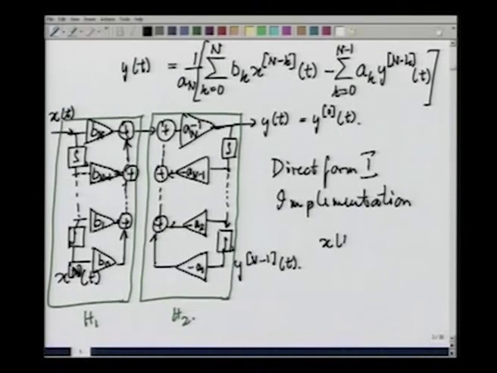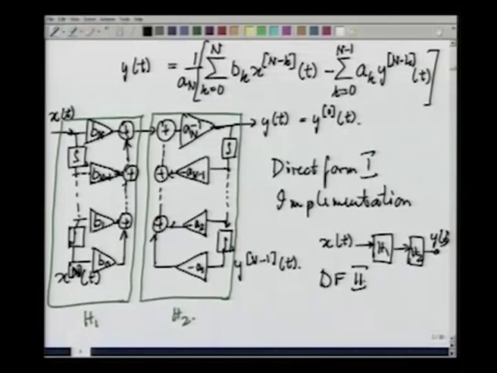x t going into H1, this going into H2 and this finally yielding y t. The direct form 2 implementation would be just to take x t, pass it to H2 first and then pass it to H1 and then getting y t out of it,